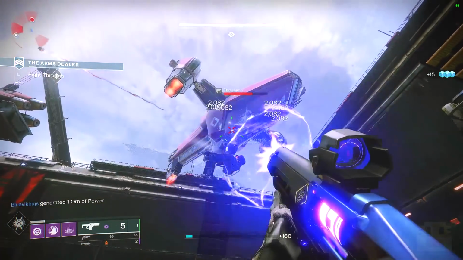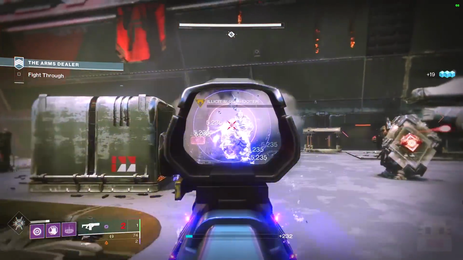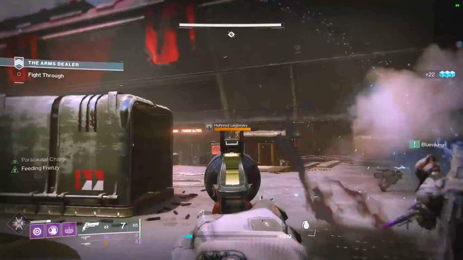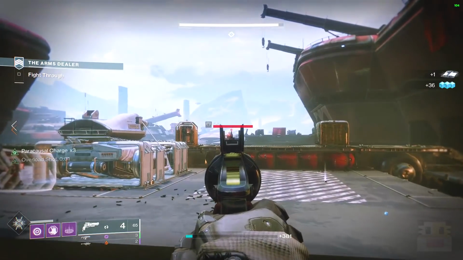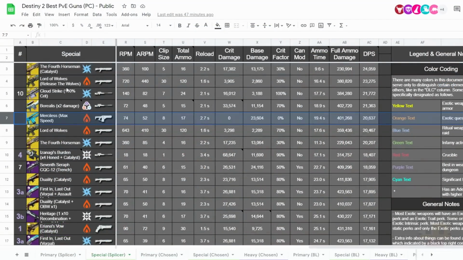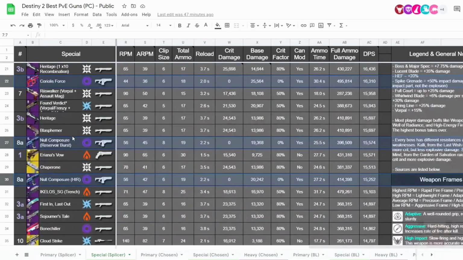Admittedly, I had not respected them for a while, and they used to be a lot worse than they are now, but most people would imagine the fusion rifles are less DPS, maybe easier to use, safer distance, and that's mostly true. But when you look at the spreadsheet, you can see that Merciless at max speed is a top 5 DPS weapon in the entire game for special weapons, and we also have some legendary versions, Cartesian, No Composure,